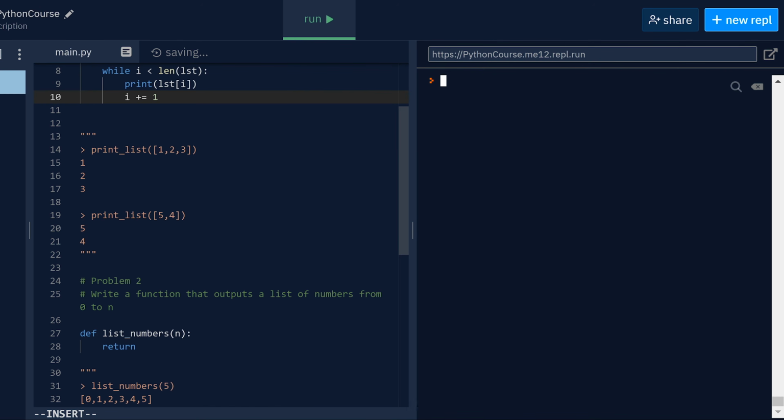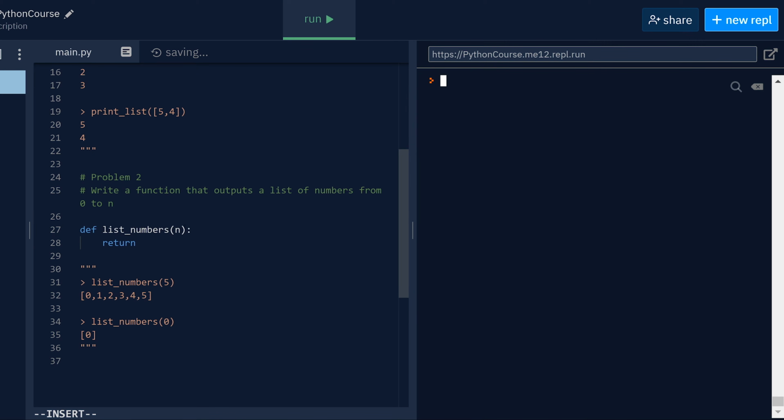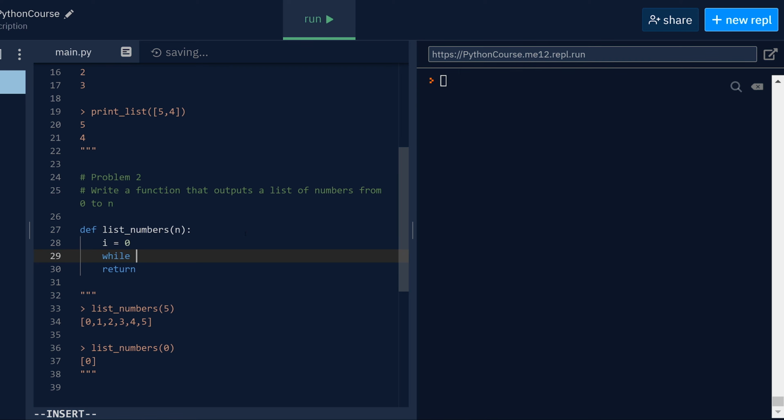All right, so here, how do I list numbers? Well, first, let's write a loop. Let's do i equals 0, that's our initial variable. And then we have the while loop, and I want a condition. I want i to be smaller than n. So if i is smaller than n, that means if n was 5, how many iterations will I have? I will have 0,